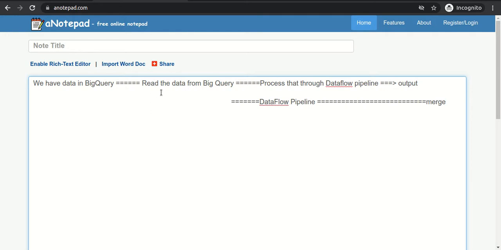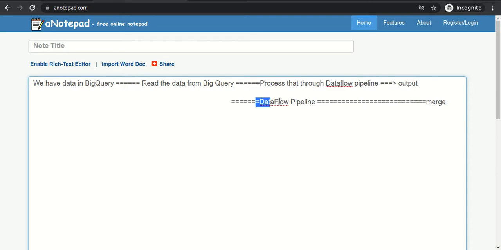In the pipeline, as the data exists in BigQuery, the first step is it will read the data from BigQuery, right? And that pipeline is the Dataflow pipeline. Once it reads the data, it will process the data through the Dataflow pipeline itself, and it will generate some output, right?